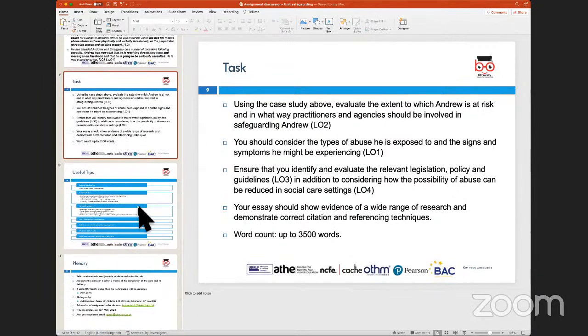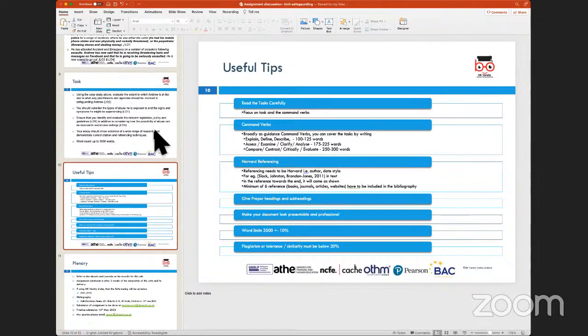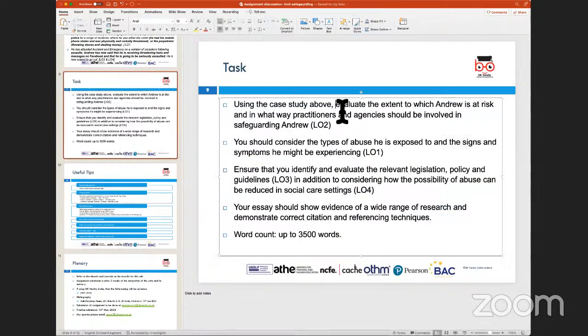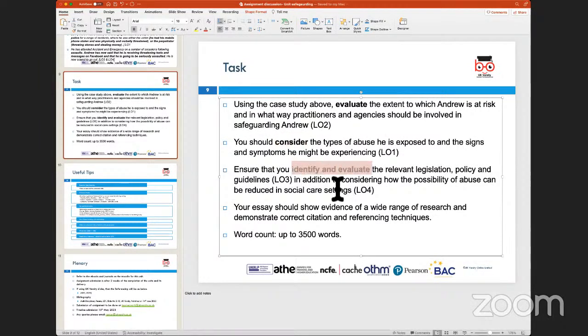And then towards the end, what I would suggest is focus on some of the command verbs. So if I look at evaluate here, if I look at consider the types, say consider. If I talk about identify and evaluate, in terms of wide range of evidence, in terms of research, demonstrate, referencing techniques. These are command verbs which you have to keep in mind, which are going to relate your work